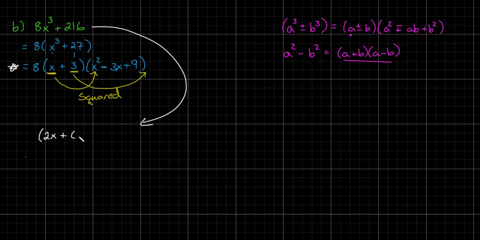2x plus 6 times the cube root of 8x cubed, sorry, and 216. And then let's just try the same thing here. What would we have here? 4x squared minus